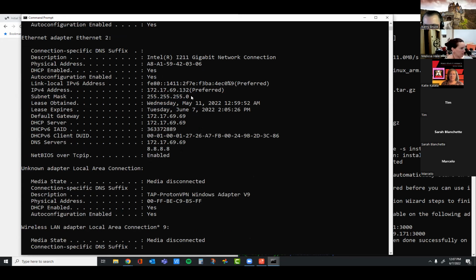What we're looking for is your IP address, and then your subnet. Based on this, I know that 172.17.69, the things that are masked here, that's my network, and then 132 is my computer. My thinking is you can just assign yourself one that's in this range, maybe in the low 200s. Like, if I was on your network, yeah, no, I don't think students will be able to do that. So AdGuard may not be a thing that we can do in your classroom.